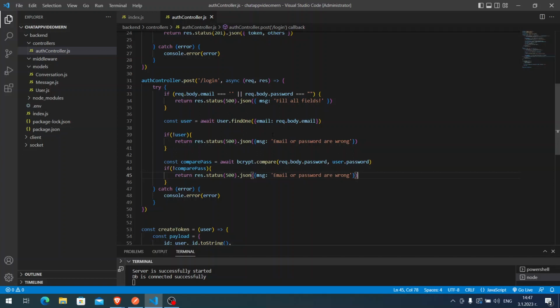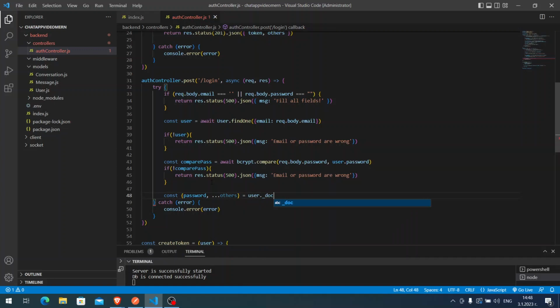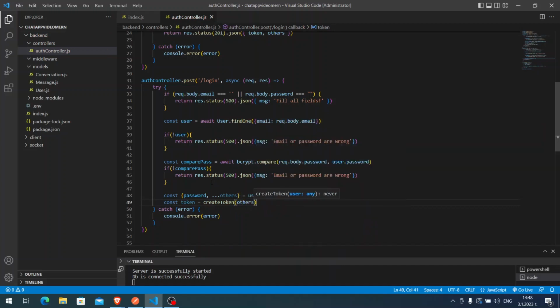So to make our application a little bit more secure, it's not a 100% thing, but you can make it a little bit more secure. This message helps with security, so that's why the message should be the same. And after this, we are going to do the same thing. So we extract the password, here others, and here is equal to user_doc. And let's create our token. So const token, create token, here others,